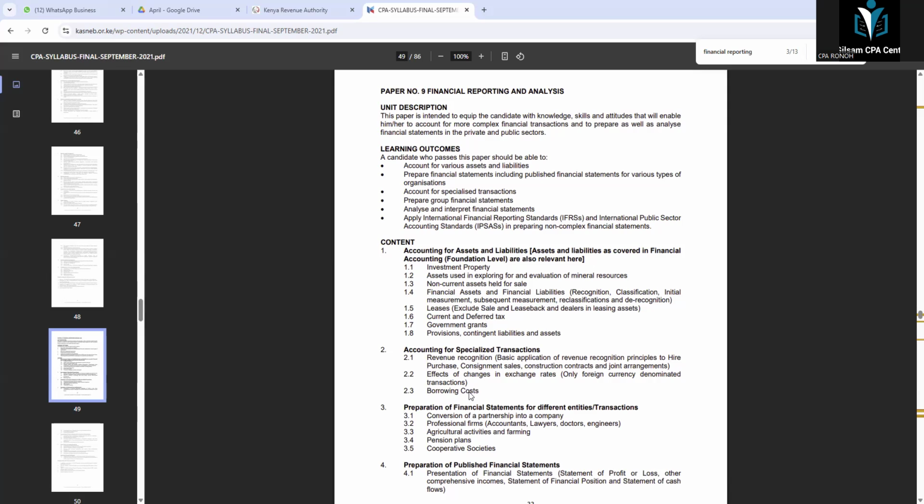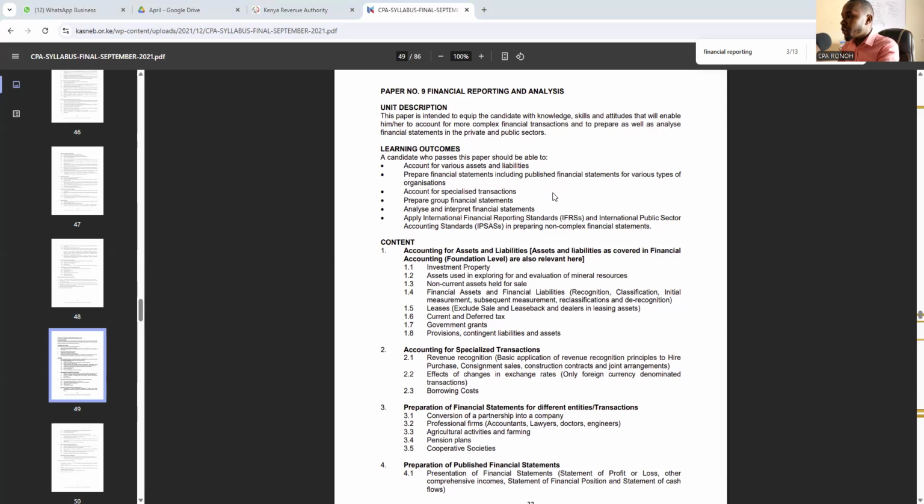We will see how they account for the revenue from the farming segment, and then they consolidate with the entire company, because maybe you might have one segment doing the farming and another segment doing other activities. So we'll have to do the revenue from the farming. Then from there we consolidate with the entire revenue. And then we have the pension